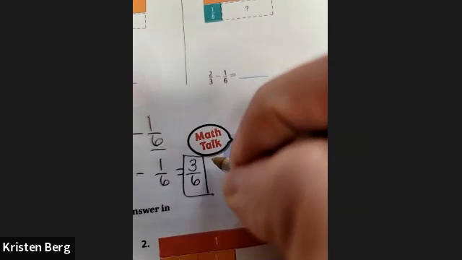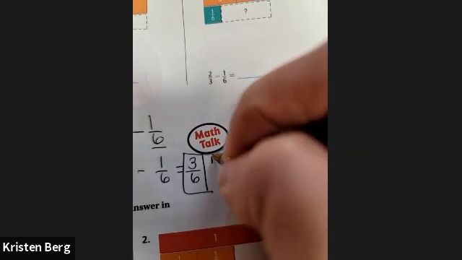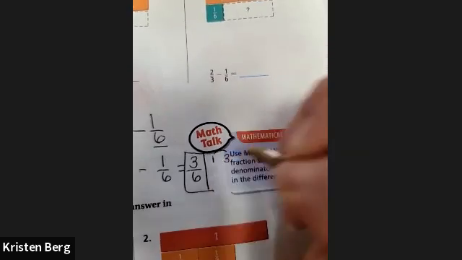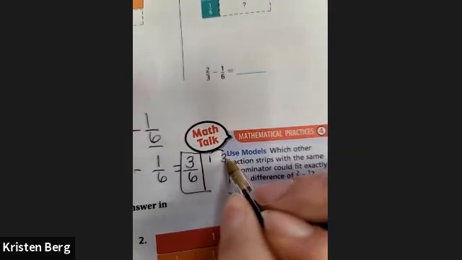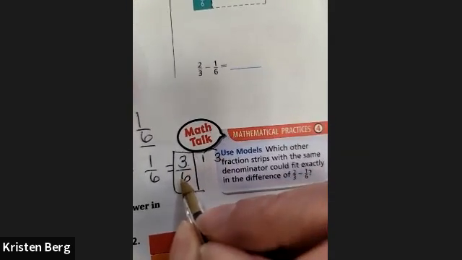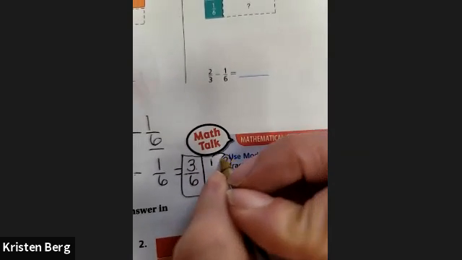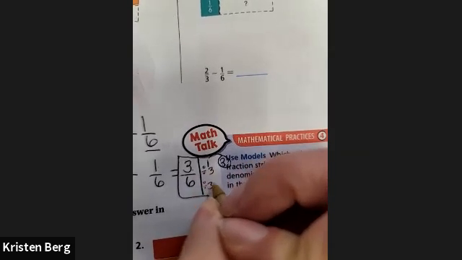You can do it by finding a common factor. Factor the top number, which is 3, so 1 and 3. Can 3 go into 3 evenly? We already know it can. But can 3 go into 6 evenly? It can. So therefore, I can divide both the top and the bottom by 3 to make it a